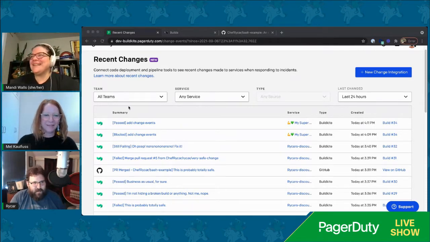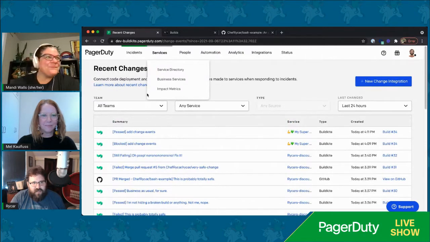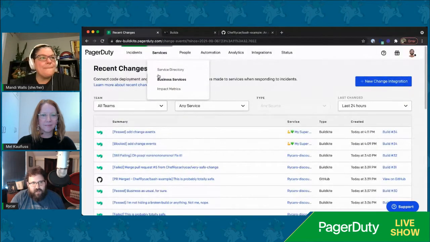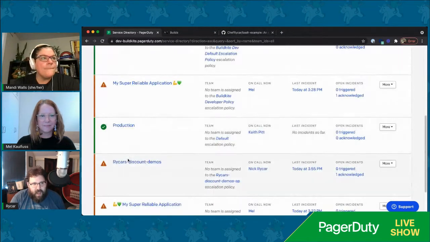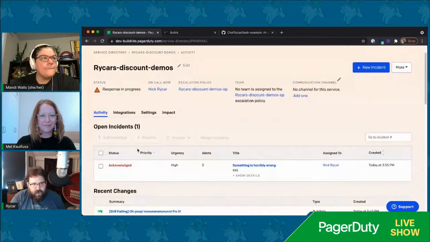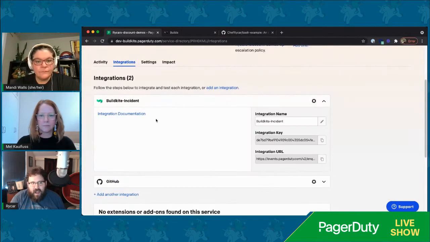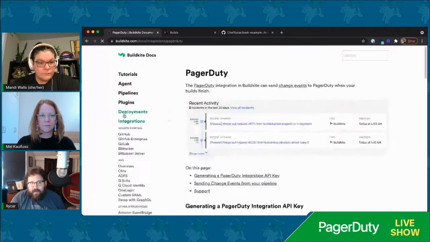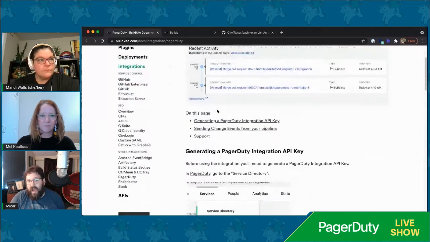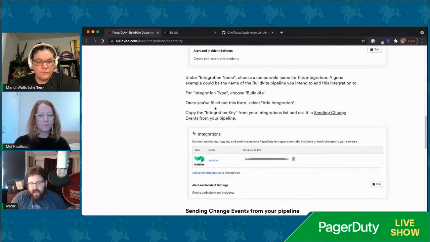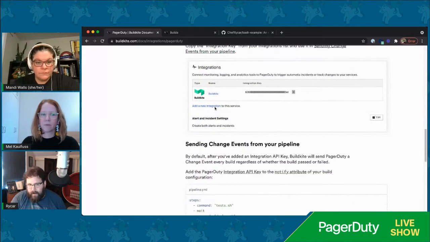Yeah. And as for setting things up as well, when you go into any of the services in your service directory, you'll actually see in the integration itself. So if I go into my integrations here, we can see the Buildkite one I have already set up. And we can go directly to the documentation so that you can see the step-by-step for everything Mel just did in her setup there.